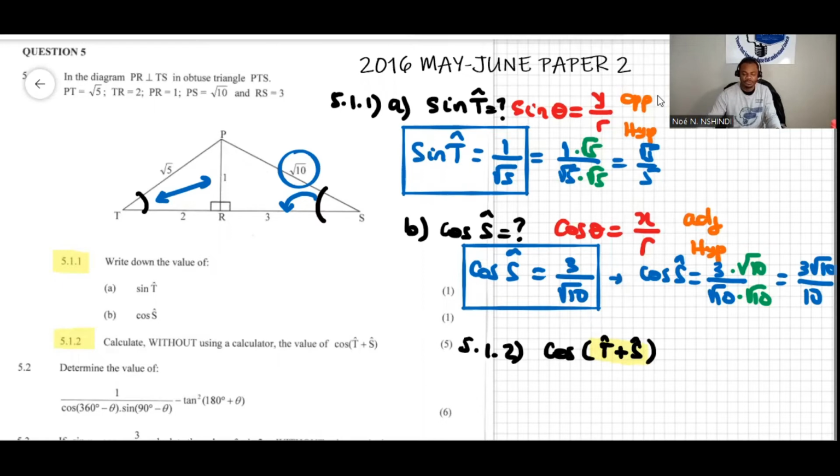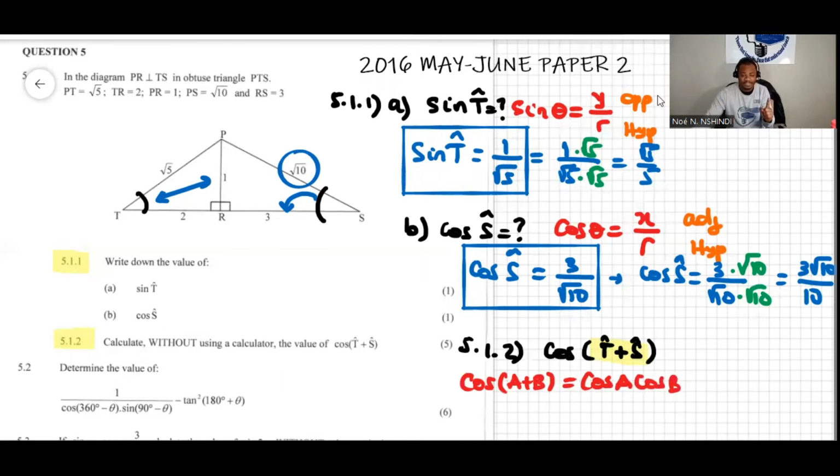Now we're going to apply the compound angle formula so we can reduce it this way. We know that cos of A plus B is equivalent to cos A times cos B